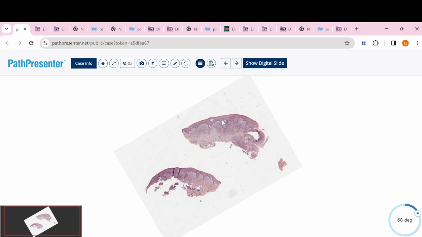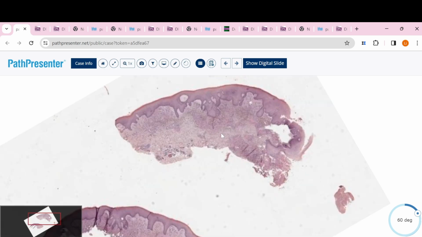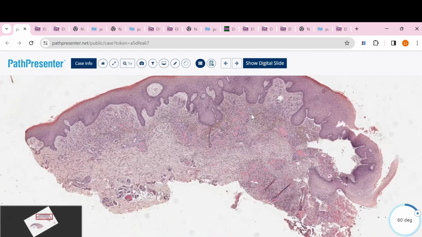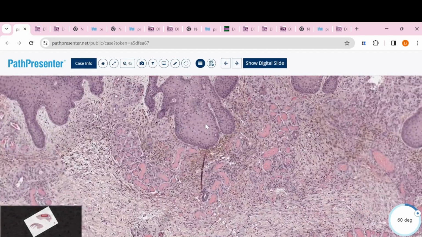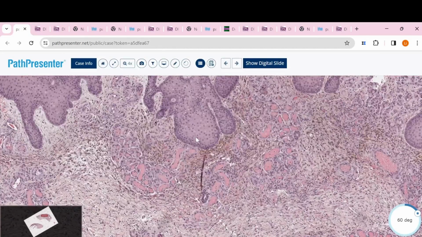Then let's zoom in a little bit. We can see vessel proliferation here, but this is just a secondary change. That means this is a hypoxic change. So the skin wants more oxygen or more blood, and then they just proliferate these vessels here. We can also see some thrombi here, this pink material. And then usually if it starts really quickly, we may see some extravasated red blood cells because I think when